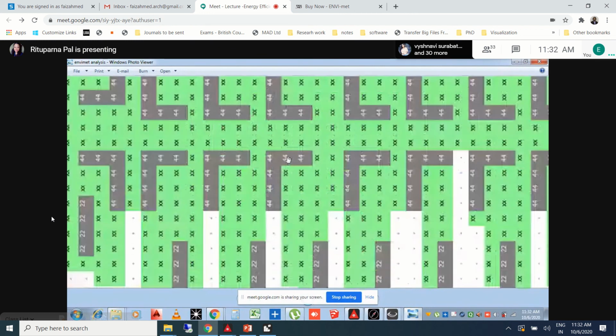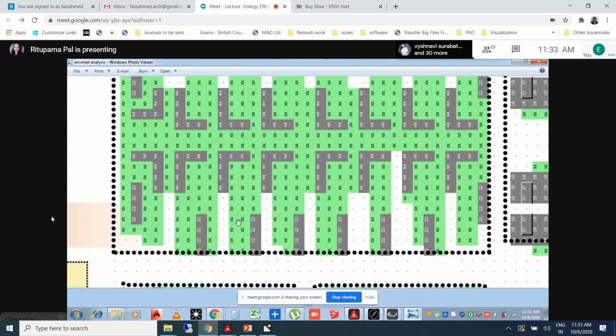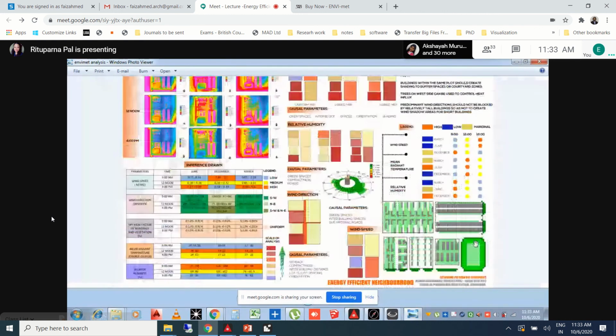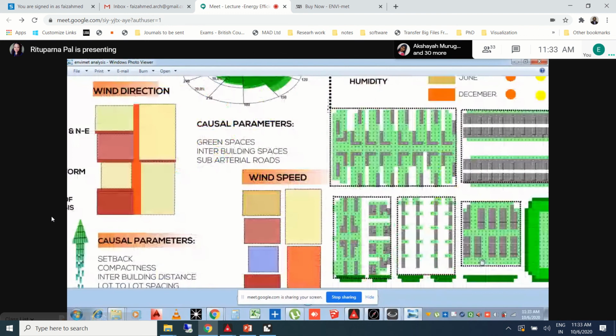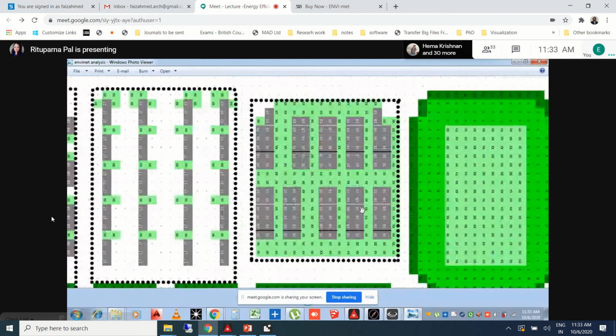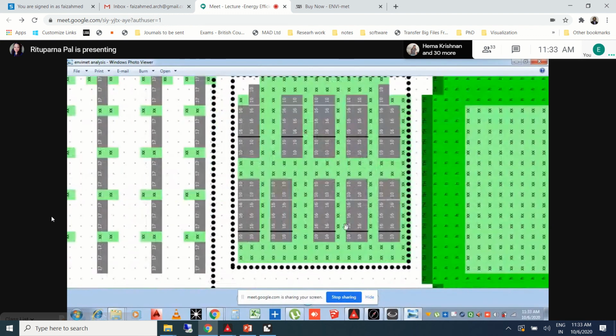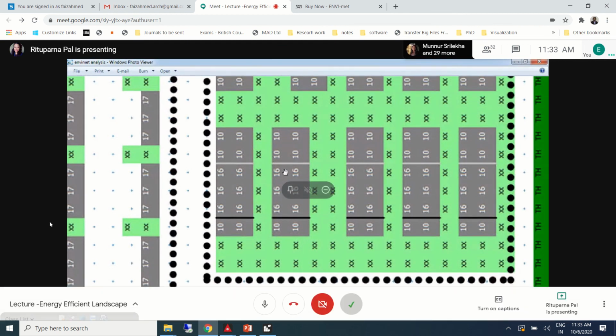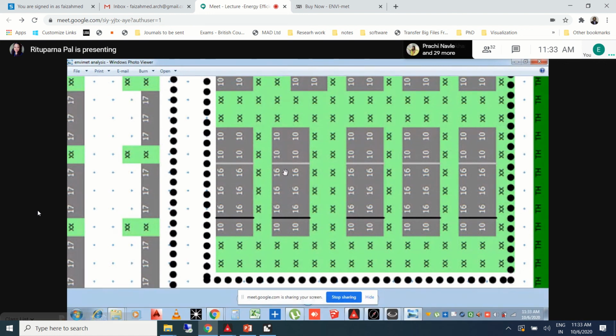So here the building heights were 44, and as you can see, it has been staggered and some green areas have been added. So these render things, again, you can add many kinds of vegetation with height and all. And in this particular area, your building height is 10 meters to 16 meters, so there is a kind of height difference. Maybe I came up with this so that the CFD, the computational fluid dynamics, the wind flow through the buildings can be enhanced.